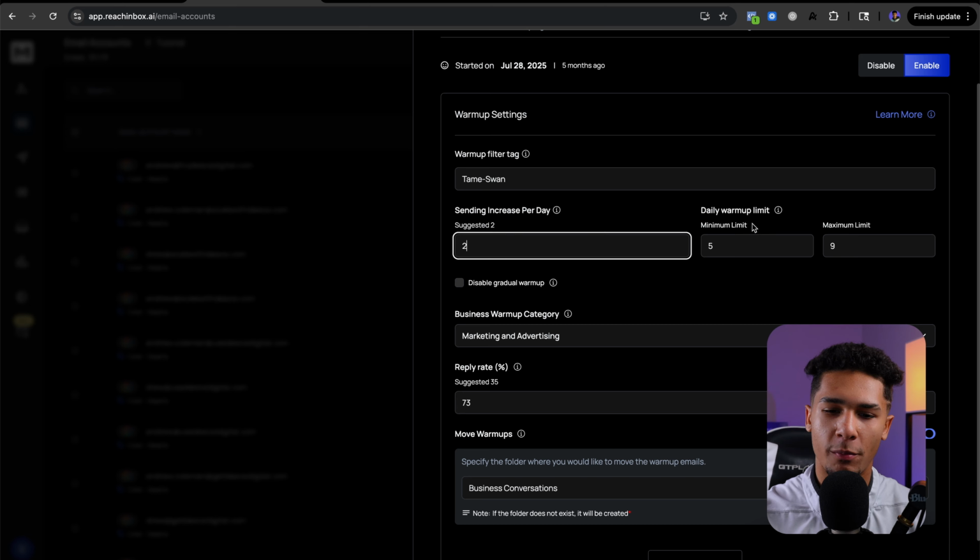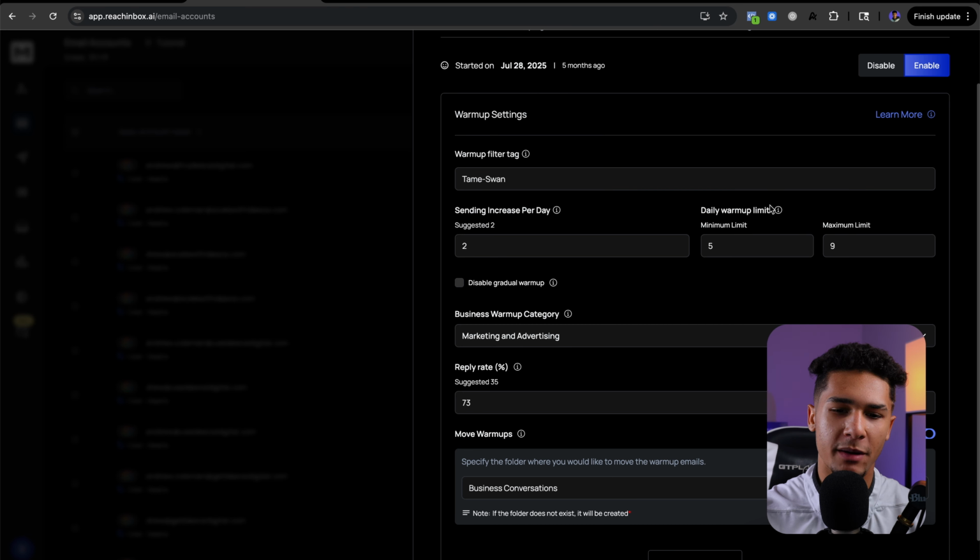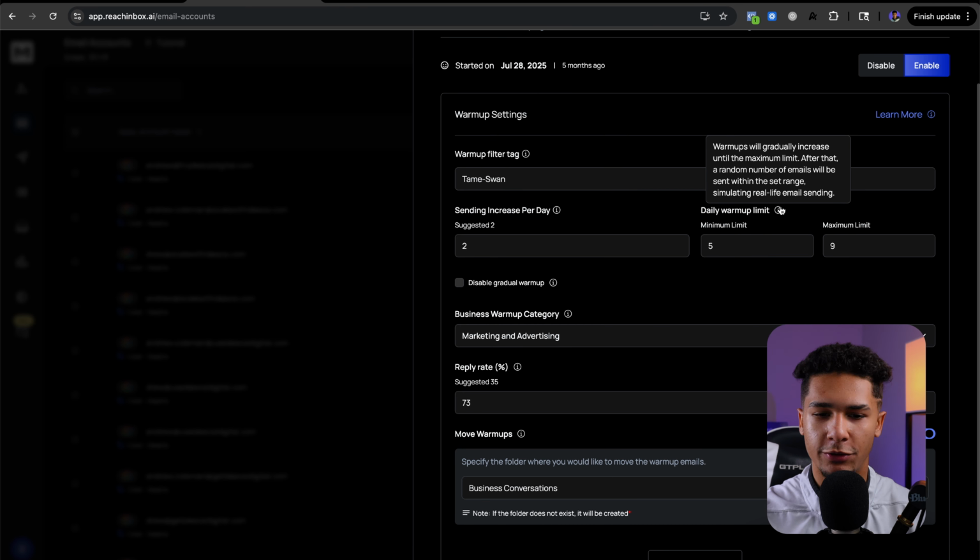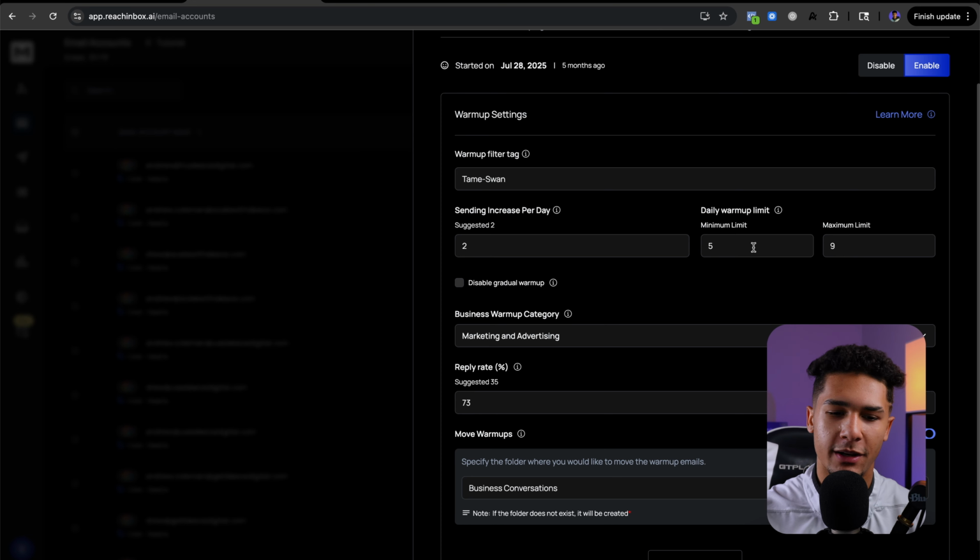And then the daily warming limit. So this is the minimum warm-up limit. You can kind of read through these settings. Typically, if they recommend a setting, you should just go with that specifically. The only thing that I do a little bit differently, and a lot of other people do for cold email,